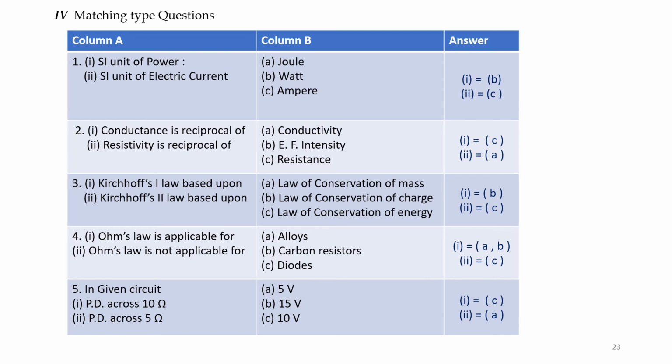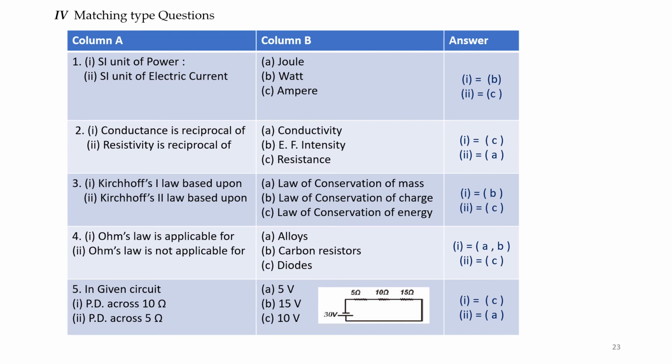In the given circuit, please see the circuit here. 5 ohms, 10 ohms and 15 ohms are connected in series. So the potential difference across 10 ohms is, you see here, 30 volts is the supply and the resistance of this network is 30 ohms. So 1 amp current flows. Therefore, the potential difference across 10 ohms is 10 volts. So 1 is C. And the potential difference across 5 ohms is 5 volts. Therefore, answer is A. With this, we have studied it.